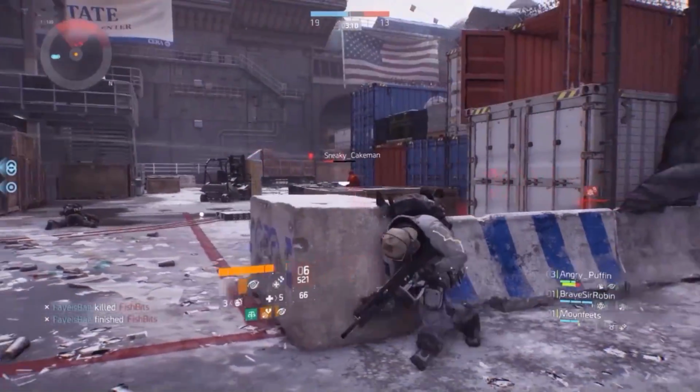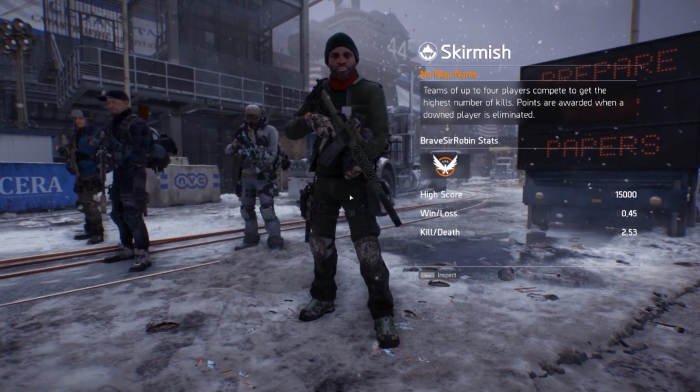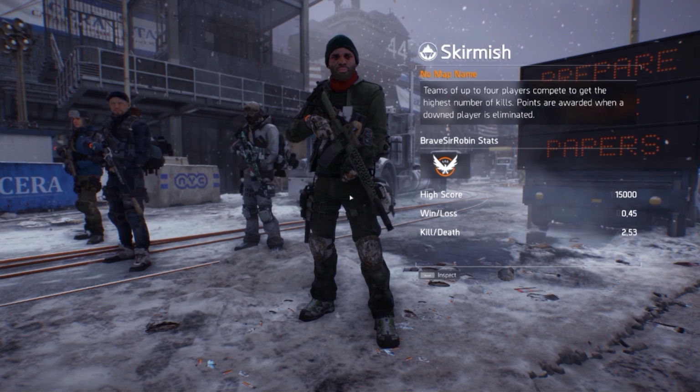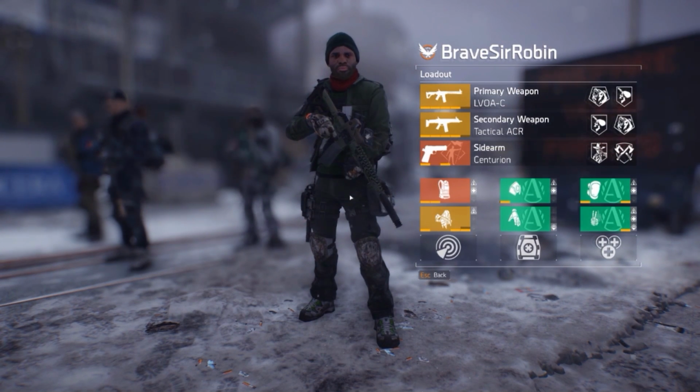At the start of every match, you also get to see this stat screen where you'll see the high score, the win-loss ratio, and the overall kill-death ratio of the highest performing players in your team. In addition to that, you also get to take a look at his loadout to kind of see what he's running,